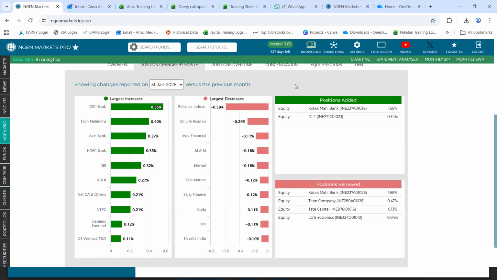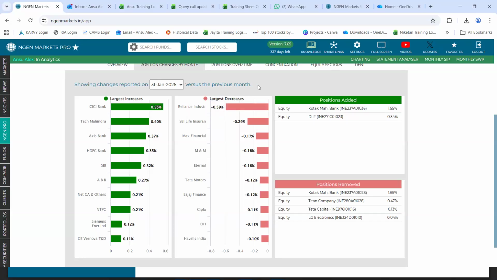For example, in this fund, Nippon Large Cap, the largest increase came in the form of ICICI Bank to an extent of 0.55%, and the largest reduction came through Reliance Industries to an extent of 0.59%, in consideration to the month of December 2025.